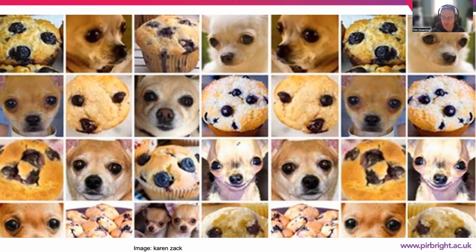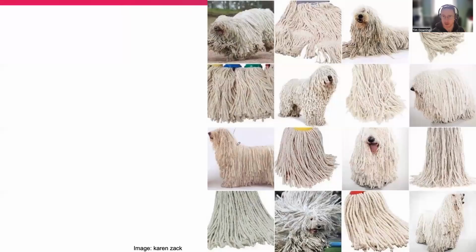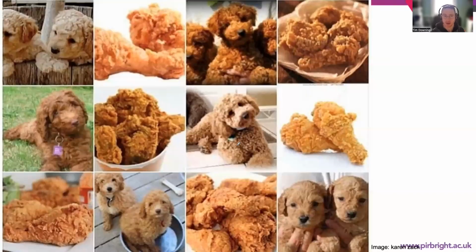You can think of simple examples where it becomes quite difficult for computers to achieve what humans find very easy. There are copious examples of that, where you have different dog breeds and chicken nuggets here, or fried chicken, should I say,